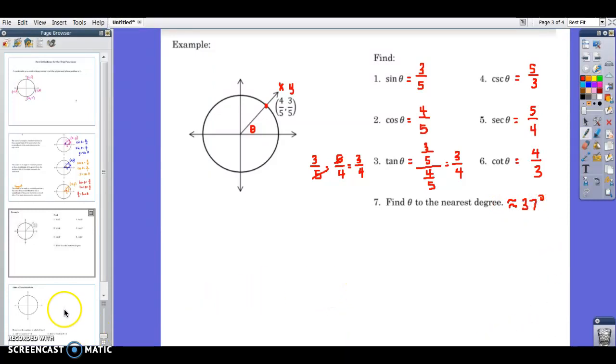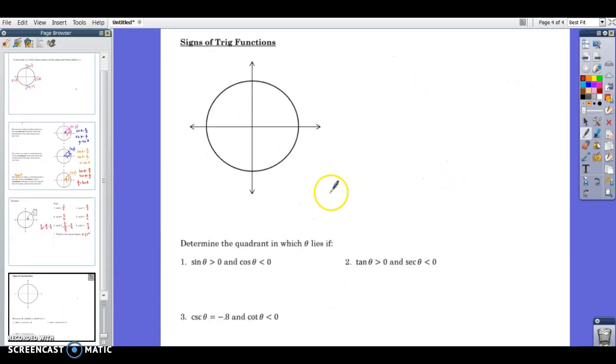Now, the reason that we do these definitions is to help us to understand the different signs of our trig functions depending on the size of our angle. We've been talking about angles only in right triangles. So of course that limits the size of our angles. That means we're always dealing with acute angles. Once we take it out of a right triangle,